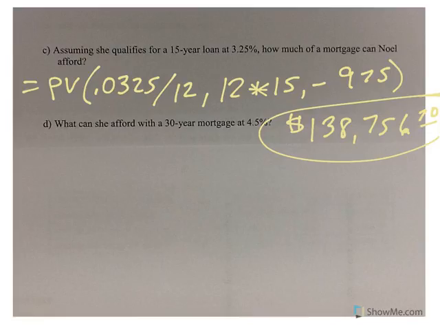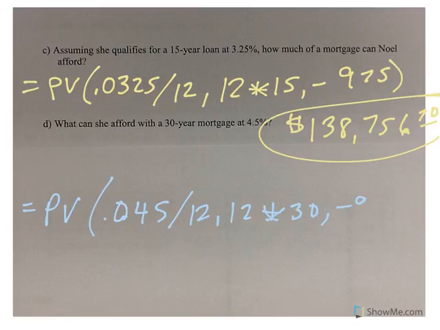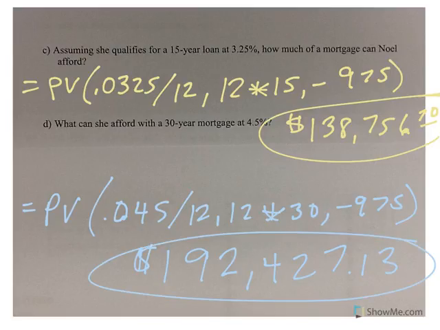Now, that's if she goes 15 years at 3.25. What if she says, you know what, I really want a 30-year mortgage because it'll make my payments less? Well, or I can buy a bigger house if she's going to keep the $975 payment. So present value, our interest rate is 4.5% divided by 12. Now we're doing 30 years in the mortgage. She's going to keep her $975 payment. That allows her to buy a house up to $192,427.13. Again, I would be very hesitant to buy a house on the upper end of your budget, just because